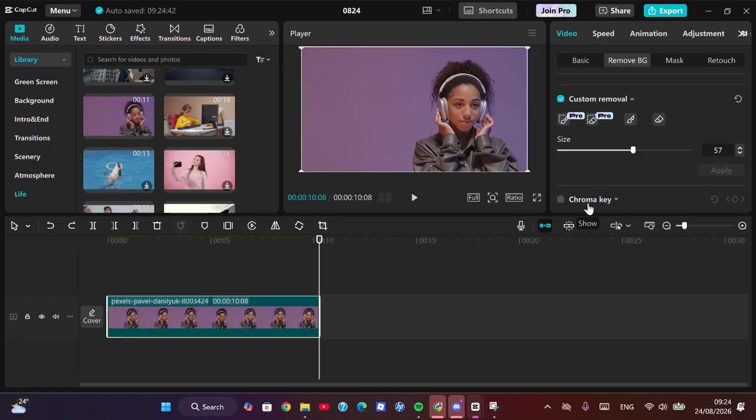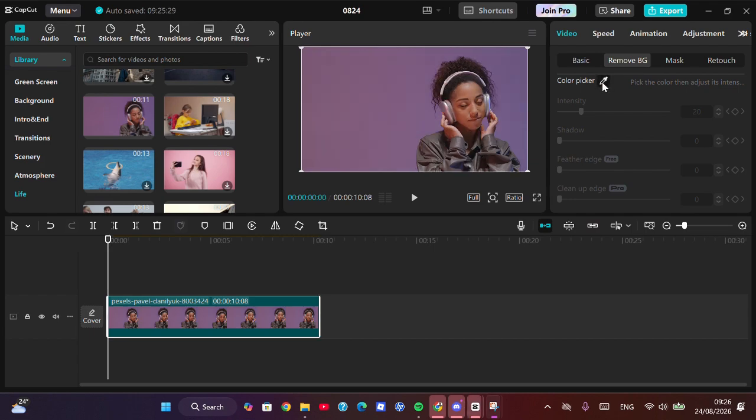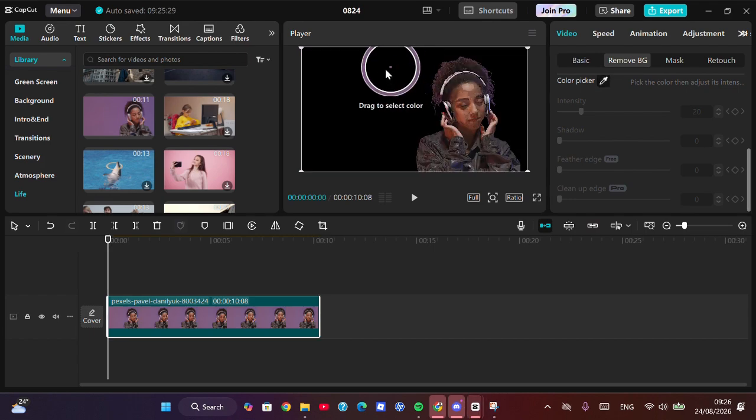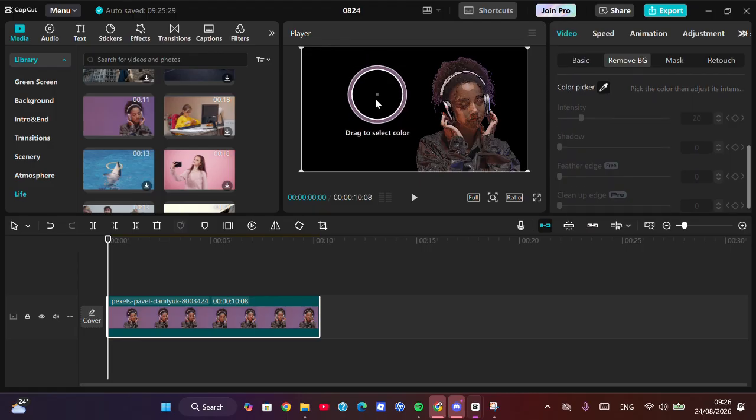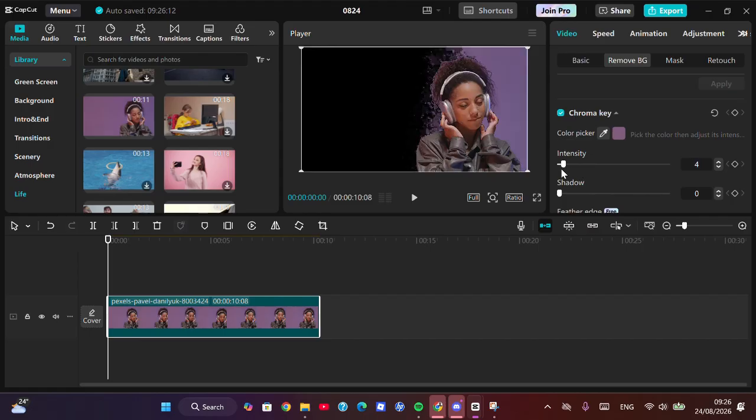And I'm going to apply the chroma key feature. Click on the checkbox and then you're going to pick the color. Okay, select this pencil icon and then you're going to select the color that you want to remove. Oh, and let me adjust the intensity. Yeah, it's not perfect because this chroma key feature